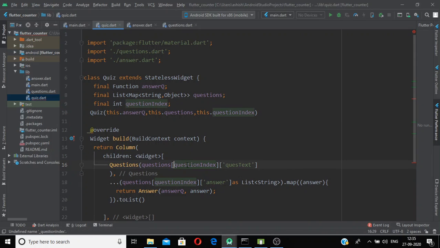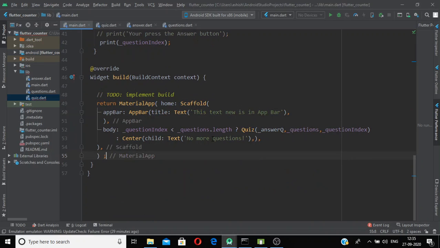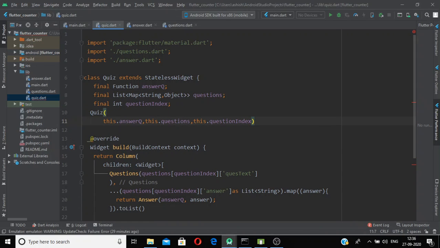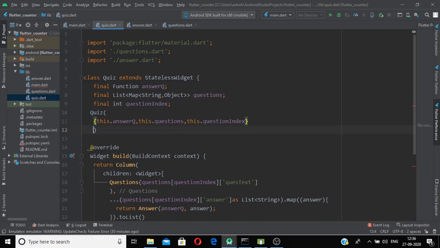And I have already told you why we need these underscores. So now our logic is somewhat ready, but we need one more thing. Since this is the quiz method and all these three arguments are mandatory, we use named arguments. Let us make these named arguments, otherwise they will also work, but this will also give you the concept of named arguments once again.